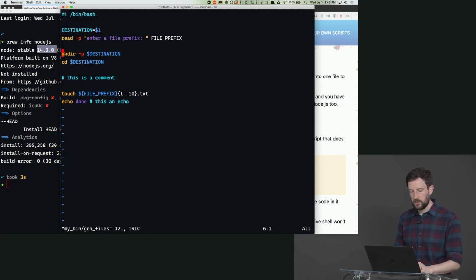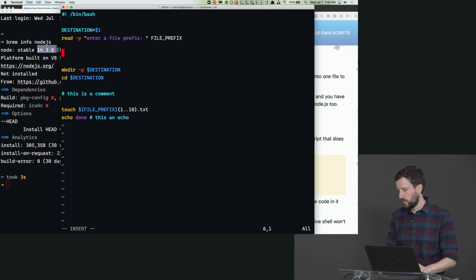So the first thing I want to do, I want to make sure that the user gave an argument. If they didn't give an argument, then I wanted to error out because we don't have enough information to run our program. So what we're going to do under this right here, before we read destination for the first time, we're going to do